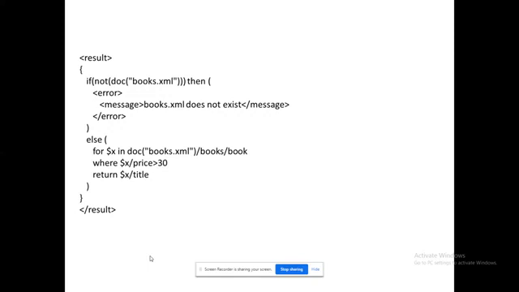That is the reason I have introduced this program: if books.xml is not available, what will we do? In the Java program, we are checking the file exception for the XQuery only, not for books.xml. If books.xml is not available, we have to write the exception handling in the XQuery program. That is the reason this example has been given, and it demonstrates how to use it in the XQuery program.